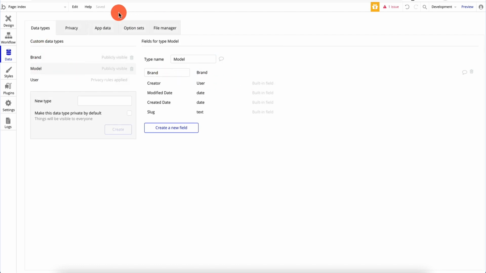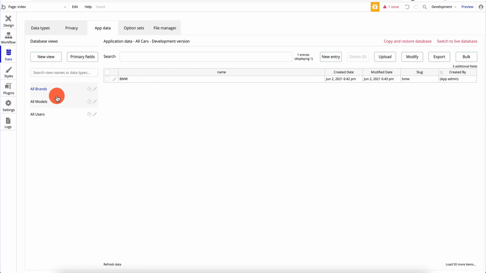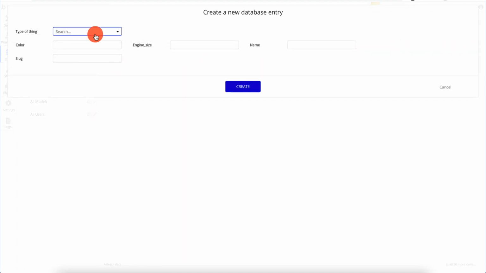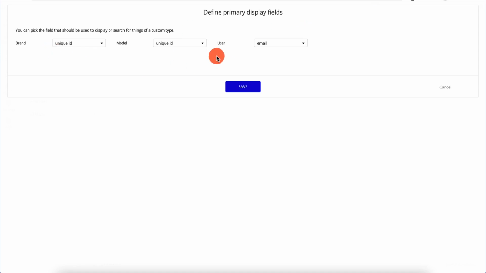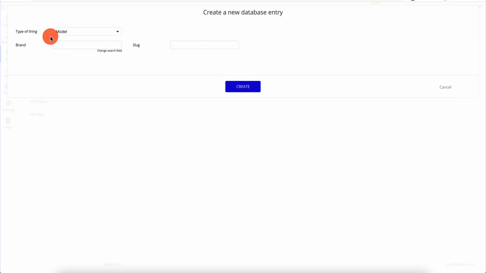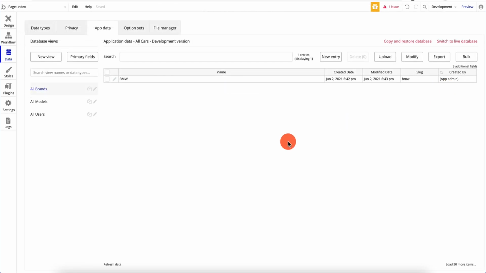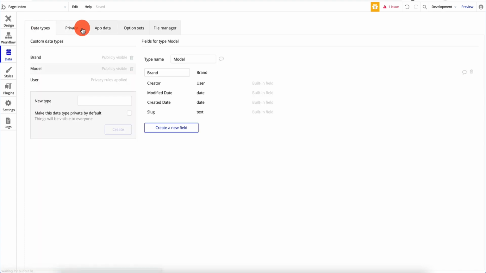So we have a model, and that way when I go to app data and I want to create a new entry, and let's say I want a model, it's going to ask me, I can actually have a brand, right? I can have a brand BMW, I can have a model here, I can do all of these interesting things, right? And now it's actually picking up data from the brand. It knows that this is a brand. So if I want to create a new model, or I want to create multiple models linked to that one brand, I can do that because it's kind of like a relational database. This is actually really cool. It's kind of a nice bonus because I've seen other tools that don't really have this